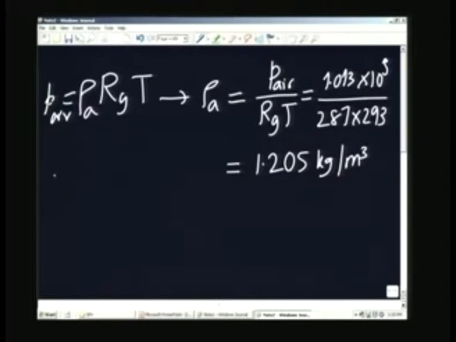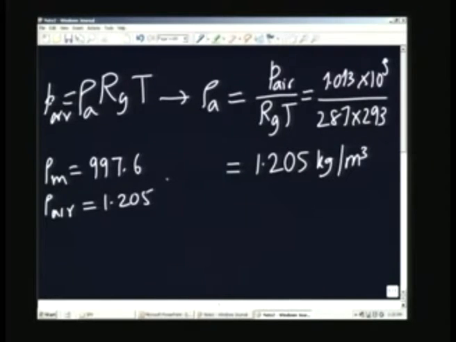So, you see that we have the water density, rho m, equal to 997.6 and the air density is 1.205, both in kilograms per cubic meter. So, even in this case you can see that the difference between the densities, this density is very much higher than this, and it will be only 1 part in 1000 roughly, or a little more than 1 part in 1000. So, in essence it may be all right to neglect this, but of course we will take into account, then we will see what is going to be the error in that one.